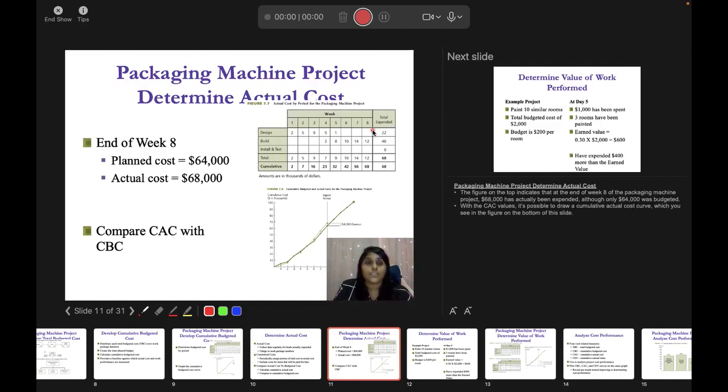If in week 2 there is already an increase in the actual cost, then it is easy for you to control from week 3 onwards. But when you are doing the comparison in week 8, going through the graph in week 8, then it is difficult for you to control the cost, because you only have 4 more weeks available. You only have 4 weeks to complete the overall project. That means it is difficult for you to control later on,